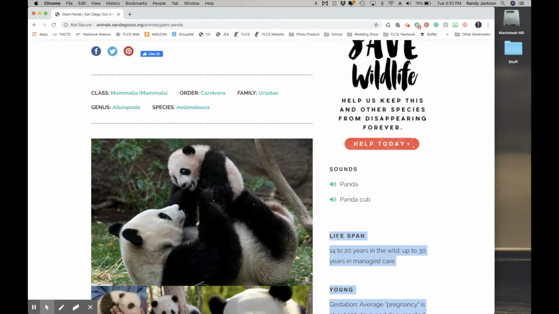Lifespan, and then I'm on an Apple computer or a Mac, so I'm going to hit Command C and that'll copy it. You can also just go up here to edit and say copy like that as well. All right, so now that I copied some information, I'm going to make a new tab